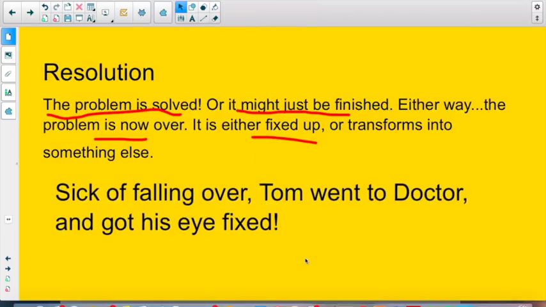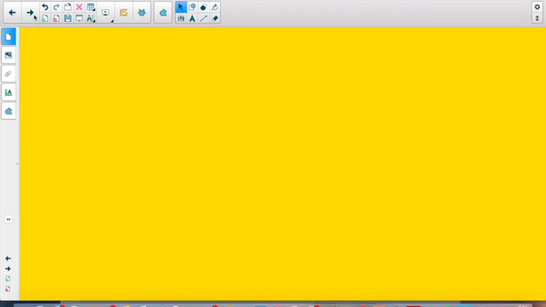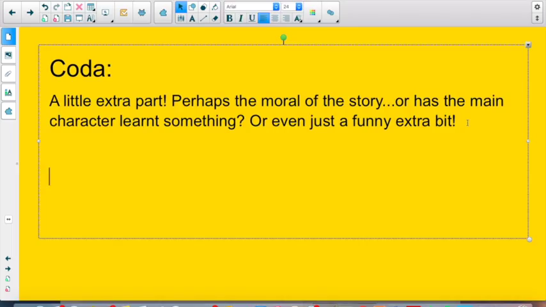Okay, maybe you could have he made his way back to the top of the hill where he's had a good dinner or something like that. So you've fixed up the problem. Well done. We've fixed up the problem. Here comes a little extra bit which I really want you as my class to be writing, and that's the 5th paragraph here. Okay, and 3, 2, 1, we're back with the coda, which is like a little extra part